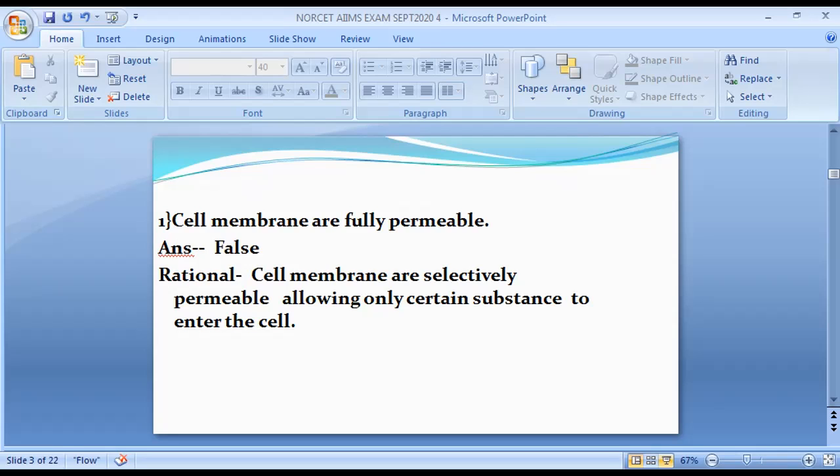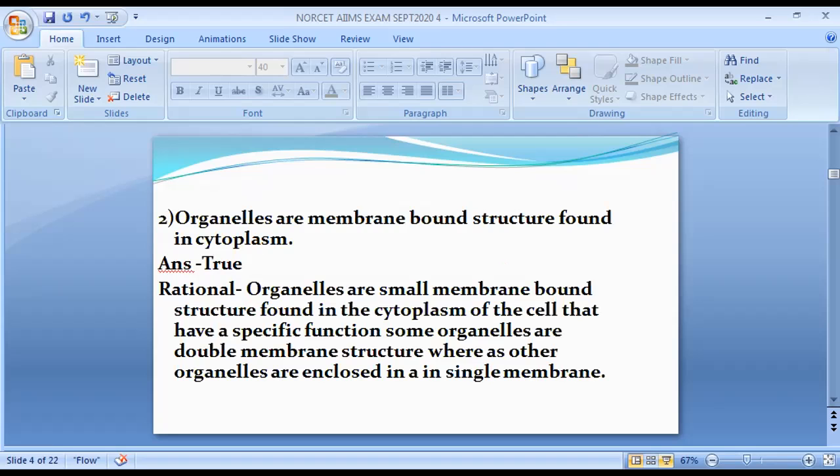The rationale is cell membranes are selectively permeable, allowing certain substances to enter the cell. So the answer is false. The next one is